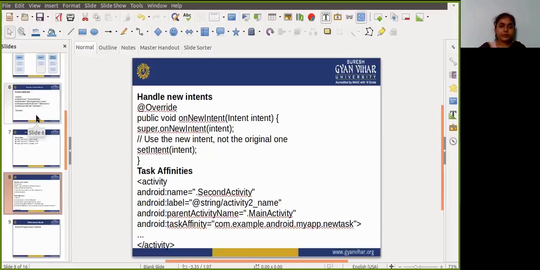For example, say you have an app with three activities, A, B, and C, and A launches B with an intent, and B launches C. C in turn sends an intent to A. In this case, the system creates a second instance of A on top of the stack, rather than bringing the already running instance to the foreground.